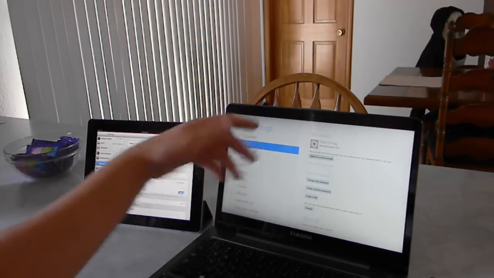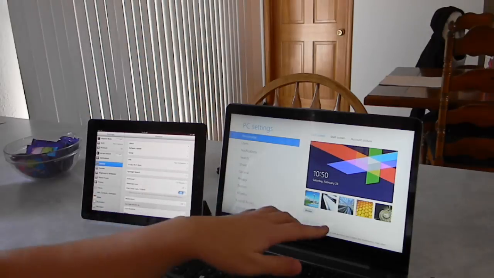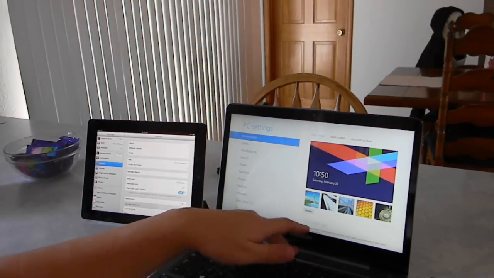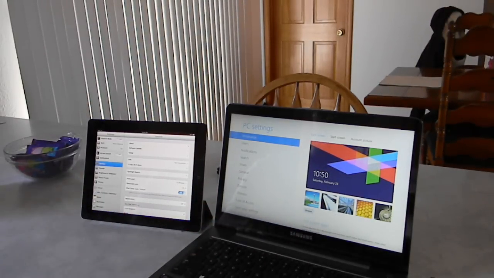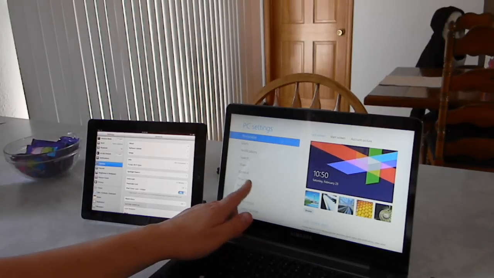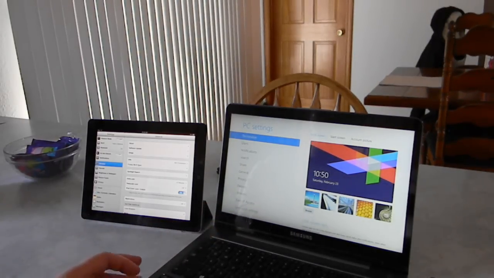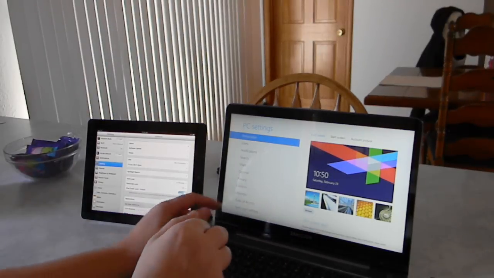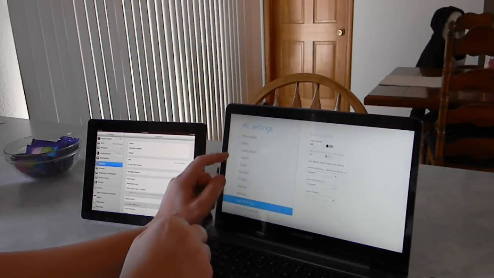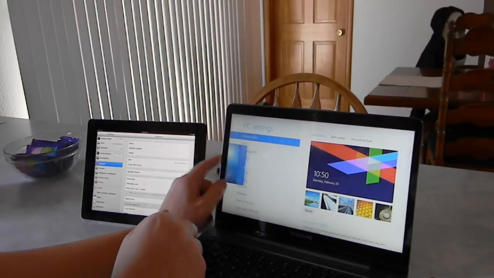Like in users, you can change all your account information, and you have a little bit of lock screens, different things. We'll also get to that, talking about lock screens a little bit later in the video. But it's okay. The settings, I think they could have done a little bit better in the PC settings, but